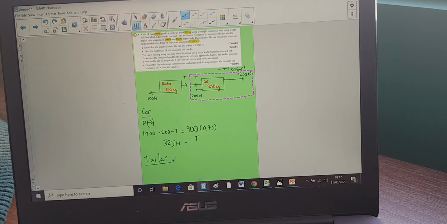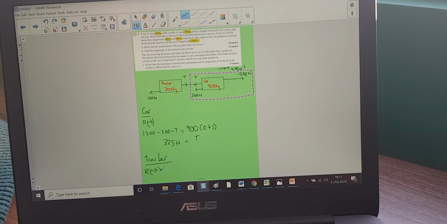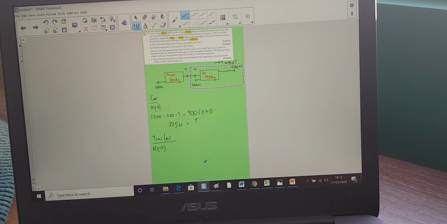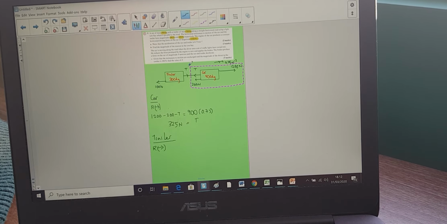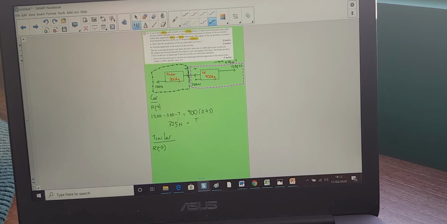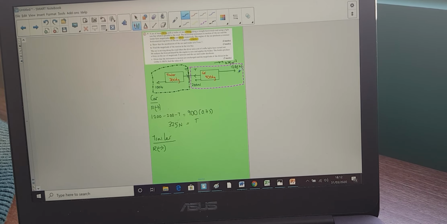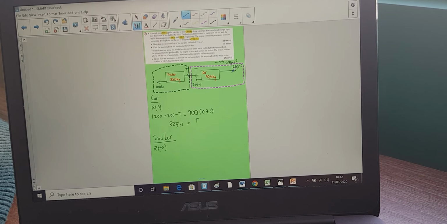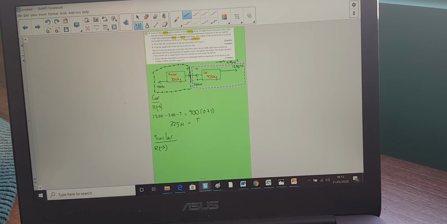Trailer. Again, I'm going to resolve in the horizontal direction. So I want the resultant force, and then I'm going to equate that to mass times acceleration. So the forces, just the forces acting on that one, let's do it in a dashed line so it's a bit nicer. Just the forces acting on this bit here. Well, I've only got T going in this direction because that 1,200 was applying to the car, wasn't it? So the only thing acting on the trailer is T going in that direction. What's acting against it is just 100